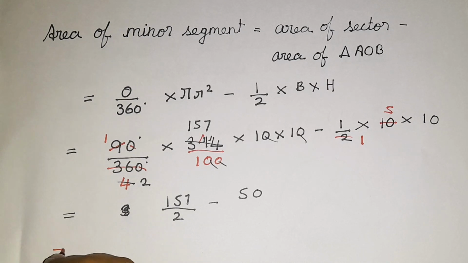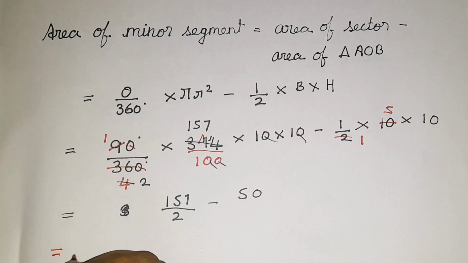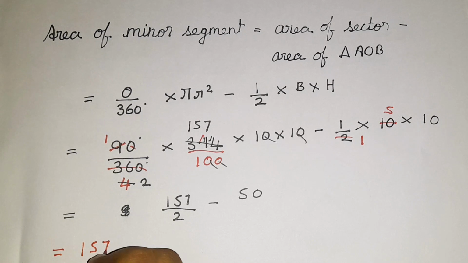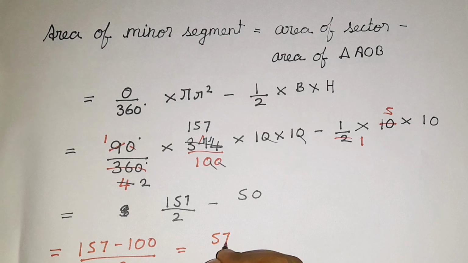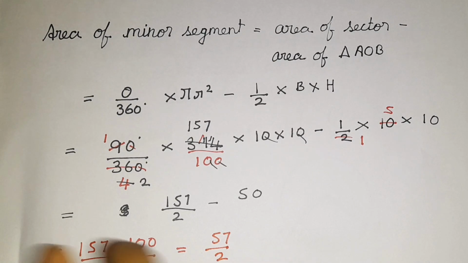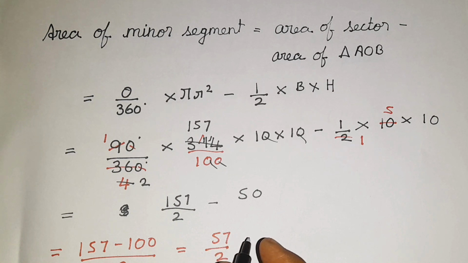So when we take the LCM, we get 157 minus 100. So after doing the LCM, we get this value. After subtracting 157 minus 100, we get 57 by 2. Okay, so now we are supposed to solve 57 by 2. We are supposed to divide them. So when we divide them, we get